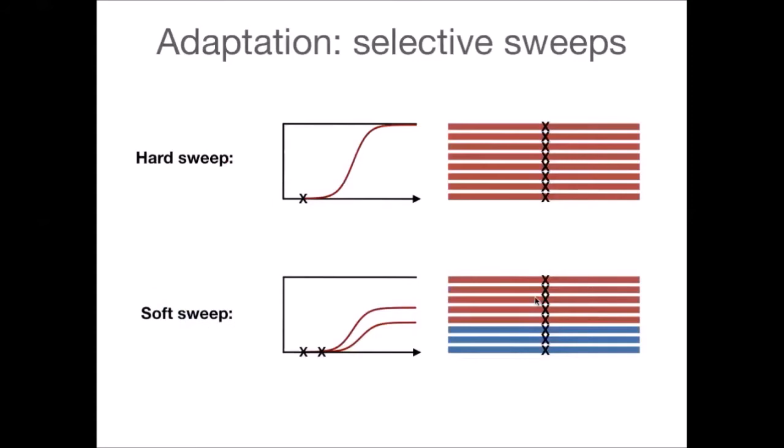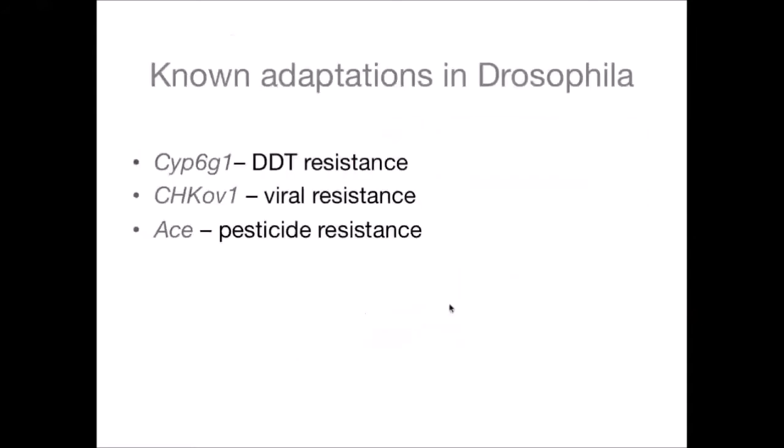And so what I've shown you are signatures of selection associated with slow and gradual adaptation versus rapid adaptation. And now the question is, what kind of signatures should we see in Drosophila data? If we see soft sweeps, then we can conclude that adaptation can actually be very rapid. So before we start to look for such signatures in the data, we can start to think about what are the signatures associated with known adaptations in Drosophila.